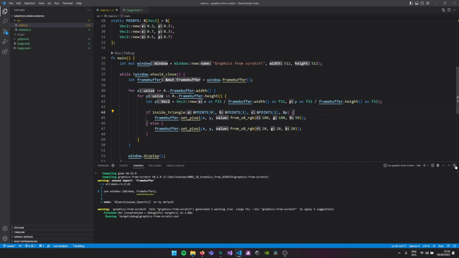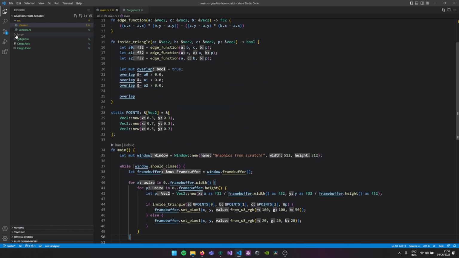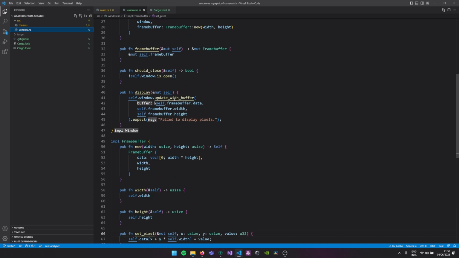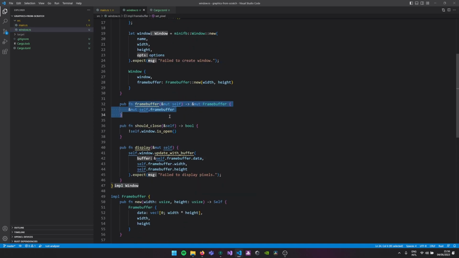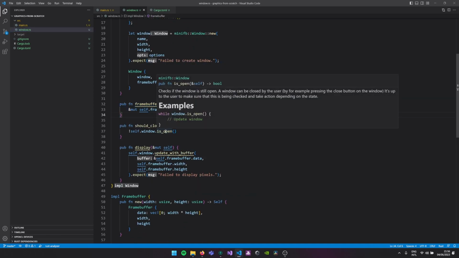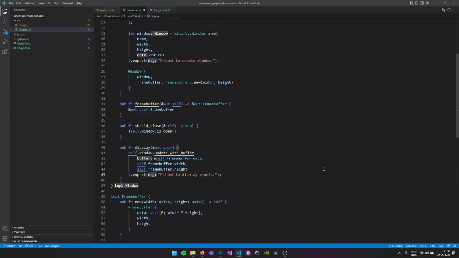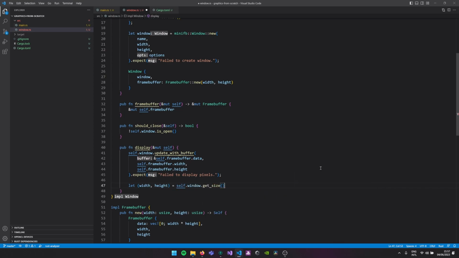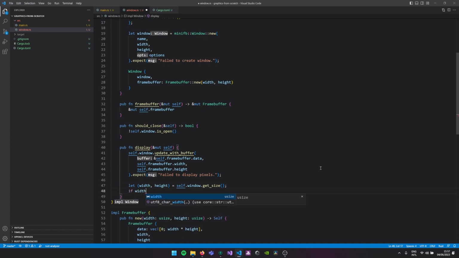So in order to resize our frame buffer, we can go back to Windows. Unfortunately, the MiniFB library doesn't really have a callback for resizing. But I found a very elegant solution for this. We can get the width and the height every frame we display by saying self.window.getSize. And then we can compare it to our current frame buffer size. So if our width doesn't equal our current frame buffer width,